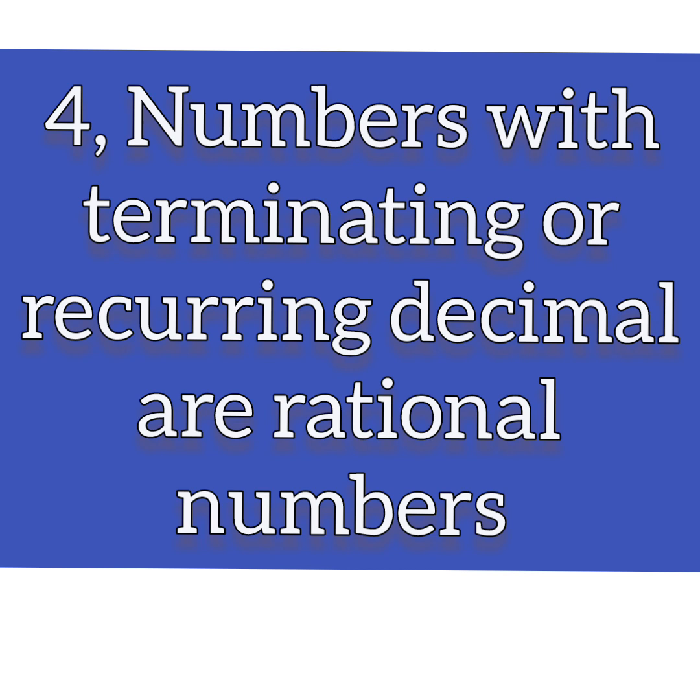The fourth example of numbers that are rational. These are numbers that have a terminating or recurring decimal. We must take note that it is not all decimal numbers that are rational, but it is a decimal number that has a terminating or recurring decimal. When we talk about terminating decimal, we mean numbers that have decimal points and whose digits after the decimal point can be counted. Now these are lists of numbers with decimal points: